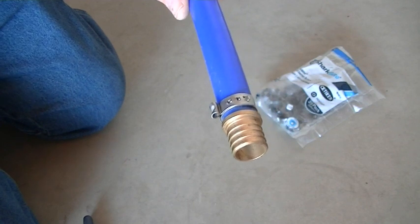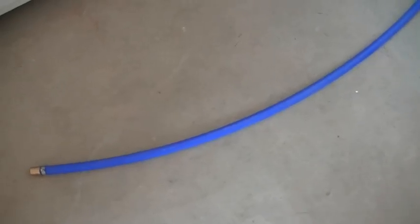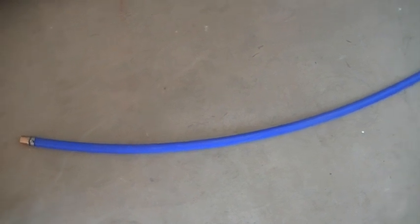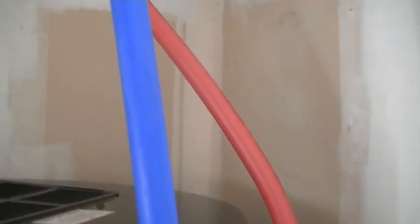So this project, we used that, and it worked really well. Also, I wanted to show you, if you get PEX in coils, it will come with a curvature that you have to work with to get it to go straight if you need to. Other sections in large rolls are going to come curved. You can buy PEX in 10-foot lengths, 5-foot lengths, and 20-foot lengths that are straight. Like that red PEX there was straight, and what we did is